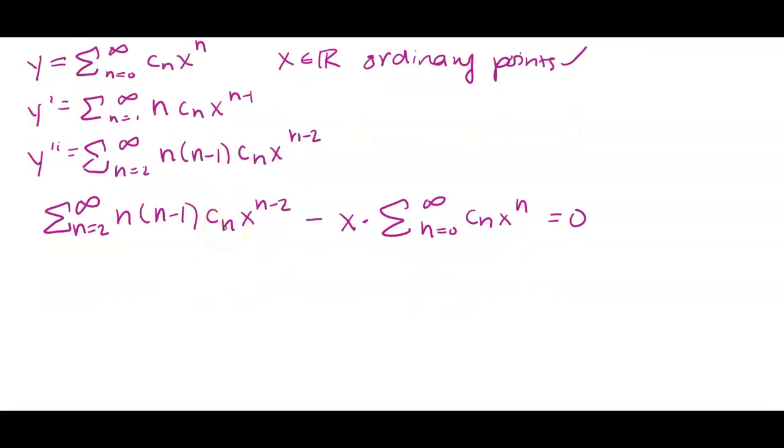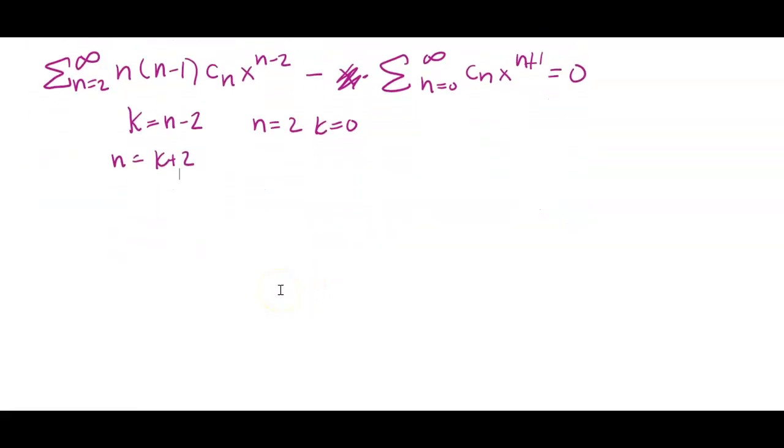And over here, I'm going to bring the x on the inside and say that this is x to the n plus 1. All right, I need to combine these into one series. So I am going to let k be equal to n minus 2 here. When n is 2, k is then 0. And n is going to be k plus 2, so just changing my index to be k, and that means I have k equals 0 to infinity, k plus 2 times k plus 1, c to the k plus 2,